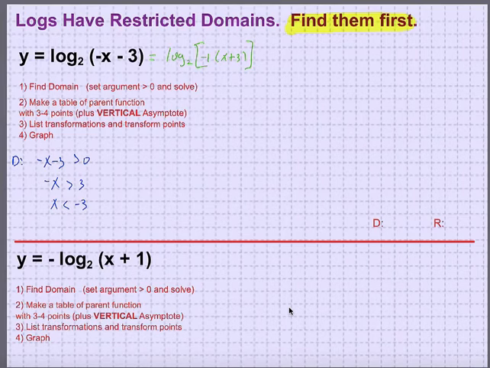So my transformations, there's no a. I mean, there is an a, it's 1, so I don't have to worry about that transformation. The k is 0 in the back, don't have to worry about that. So my only transformations I have to worry about are that b is equal to -1 and that h is equal to -3. So we're going to follow the same roadmaps because of b and h